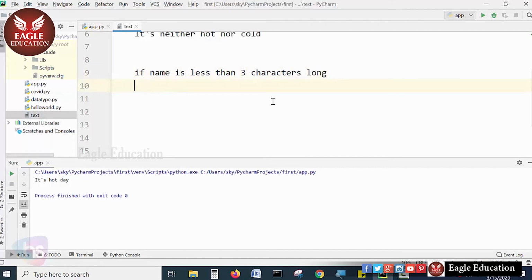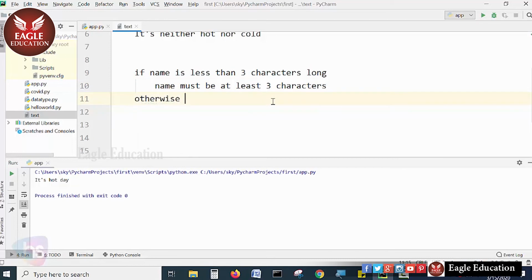If below, the message should be populated: your name must be at least 3 characters, and otherwise